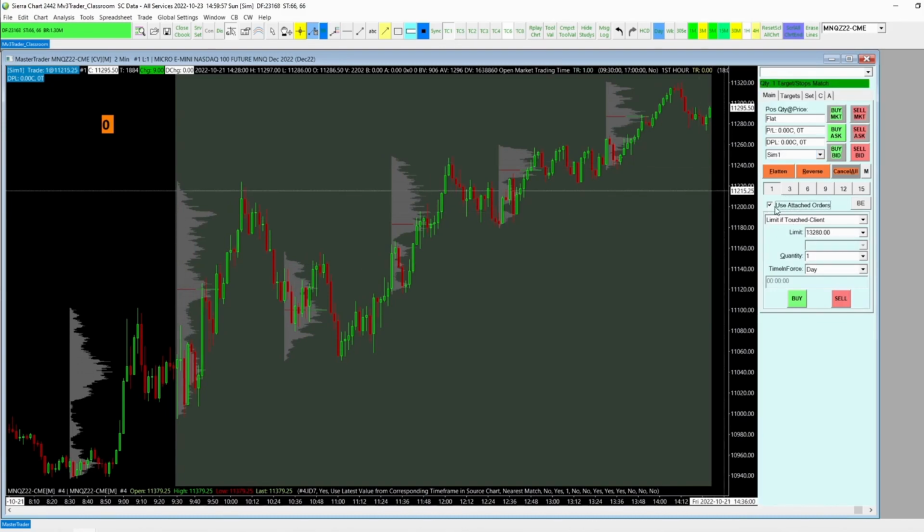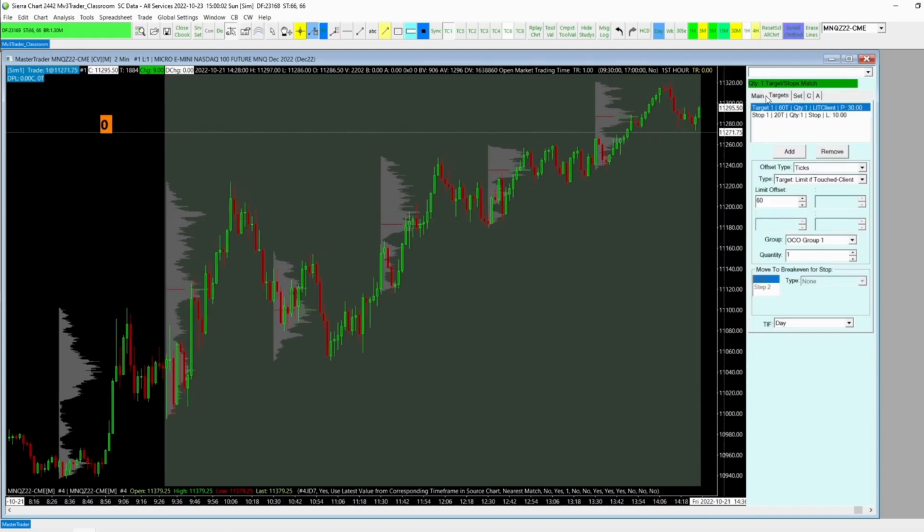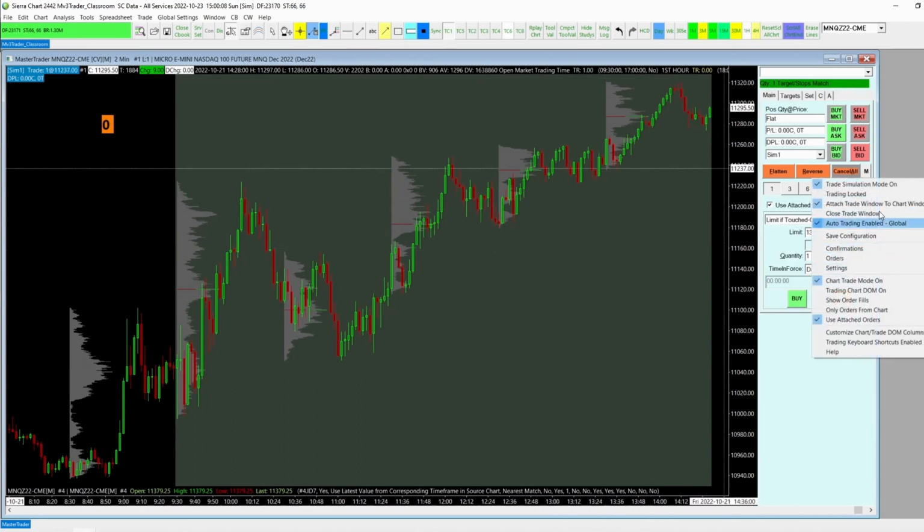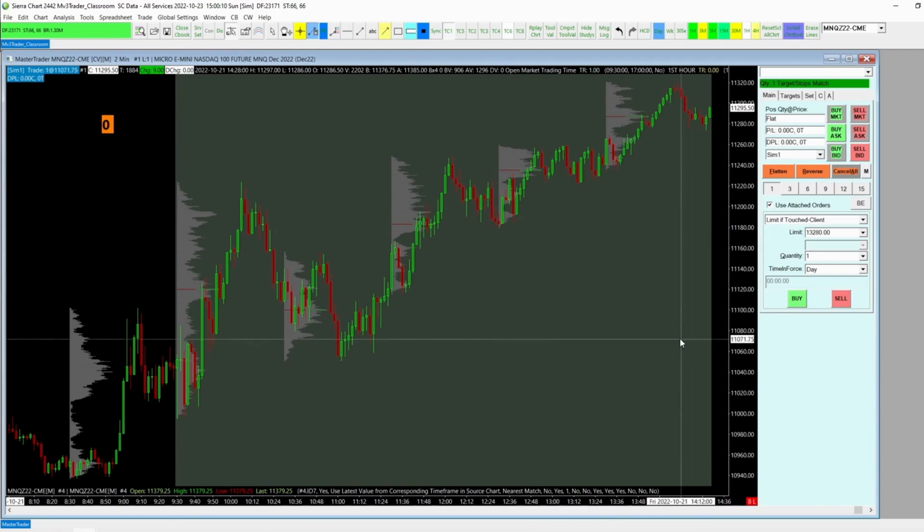Make sure I click on use attached orders so that we use everything that I set up right there. And if I wanted to go in and save it and name it, I can do that there, but again, I'm not going to go into details with all of that. Now, the way that I would do a method like this is I would actually place a limit order, so that way I can make sure that I'm getting into this at the same price every single time,